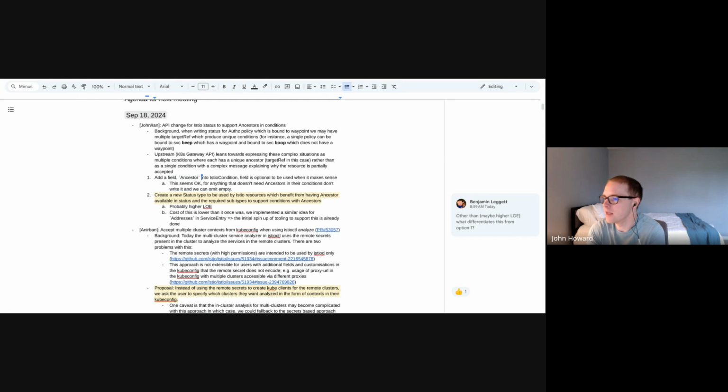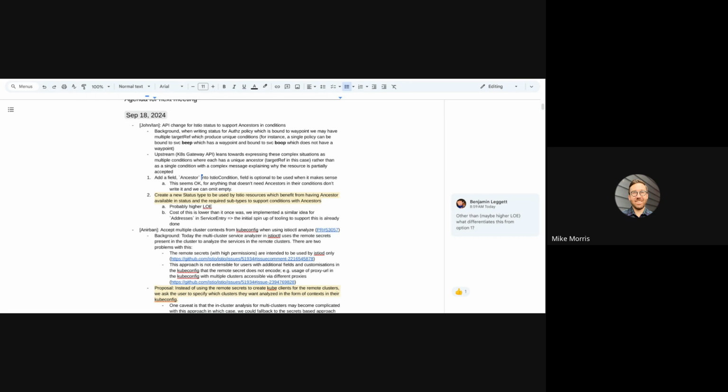And there's some prior art. I feel like it's early, but maybe I've been a bit out of the loop there, so maybe I'm wrong, of having this kind of ancestor context in the Gateway API, where you have a list of conditions, one for each target ref. I don't know how mature that is, though. I've definitely seen the doc, but I don't know if anyone's using it yet, if it's fully stable or whatnot. It's been around for a little while now, like 9 months or so maybe, but it's basically been relegated to backend TLS policy, which has had its own kind of friction.